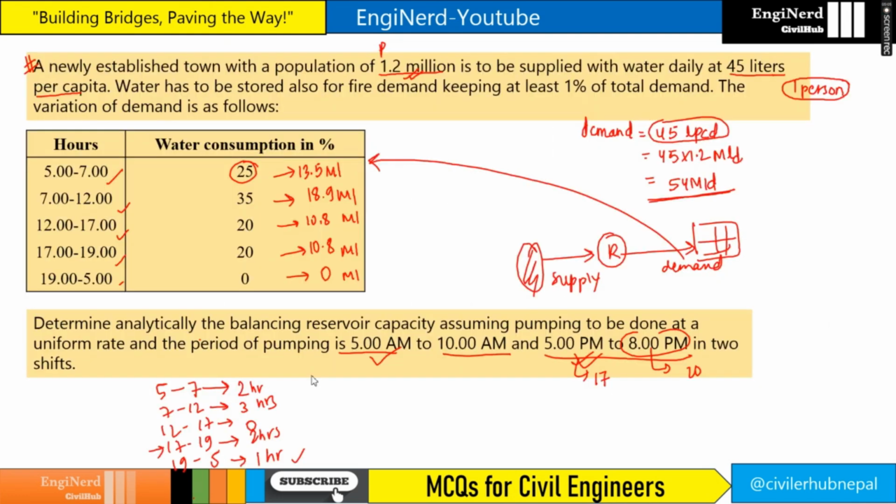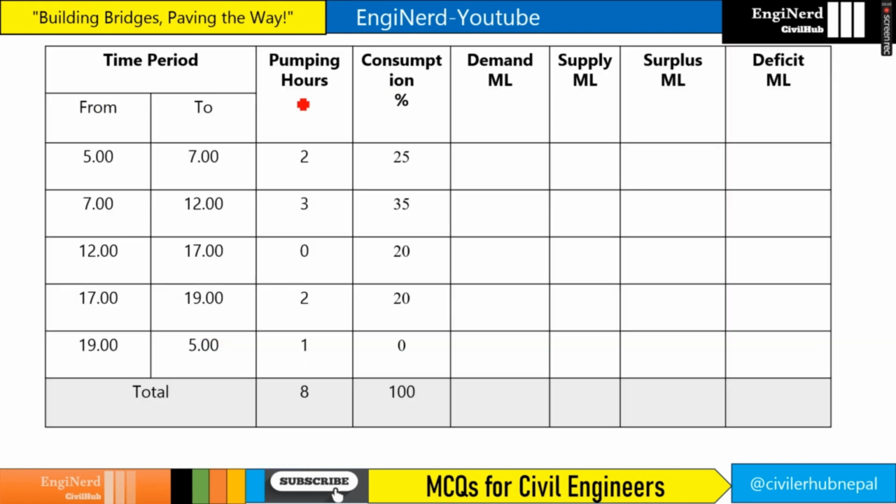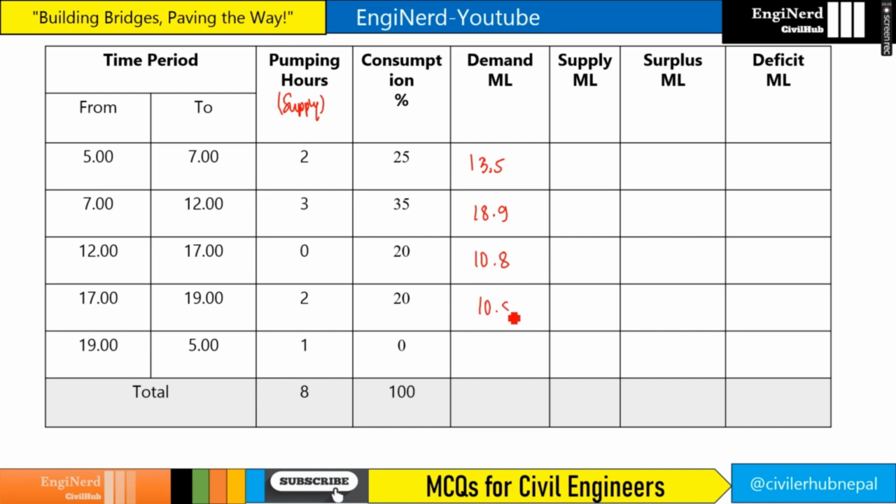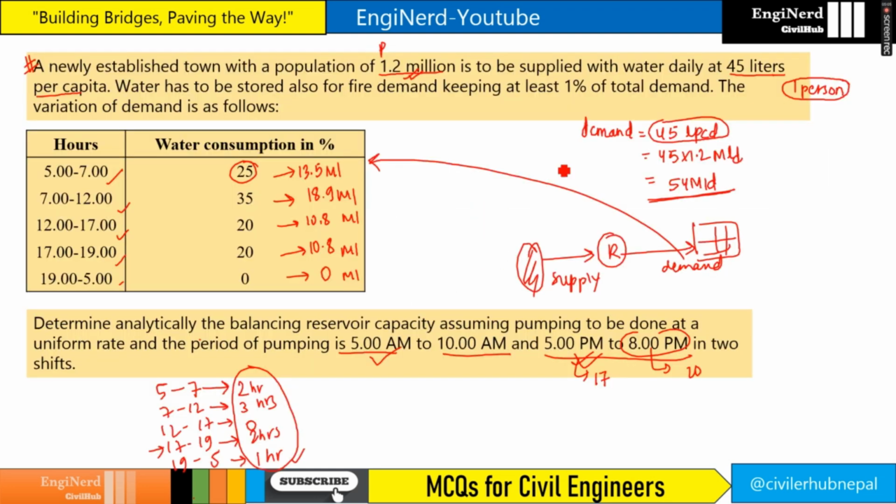So here is the table: 2, 3, 0, 2, 1. And if you can see this time here, this is the pumping hour on the supply side, right? And according to the consumption, we have the demand. Demand is 13.5, 18.9, 10.8, and then 10.8 and 0. Now for the supply part, it will be this time into